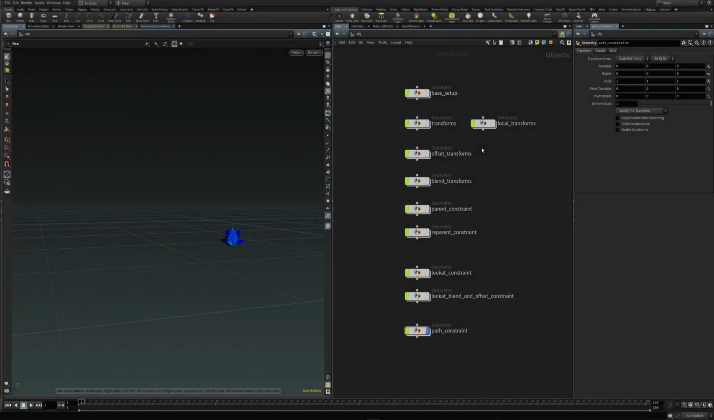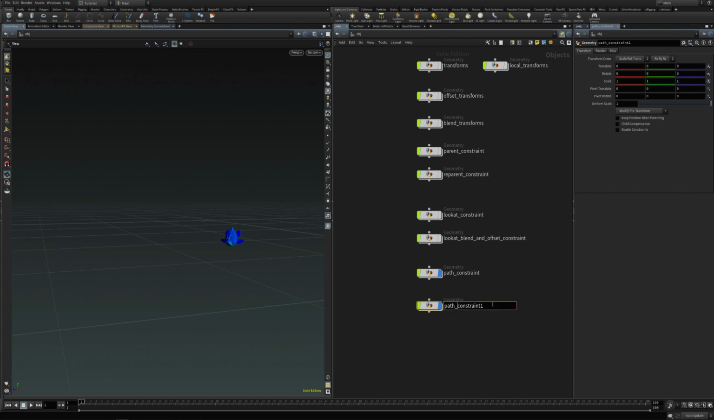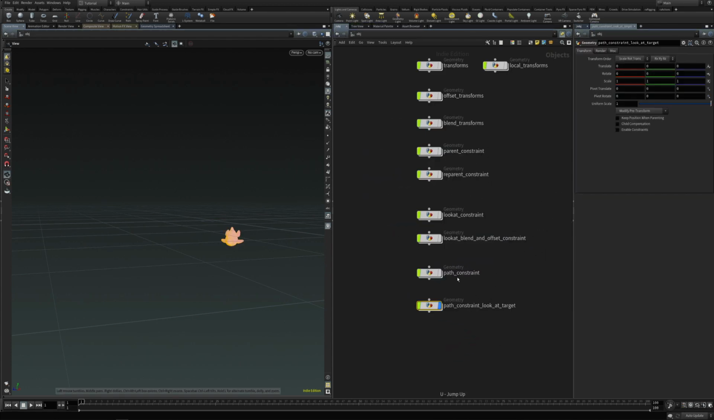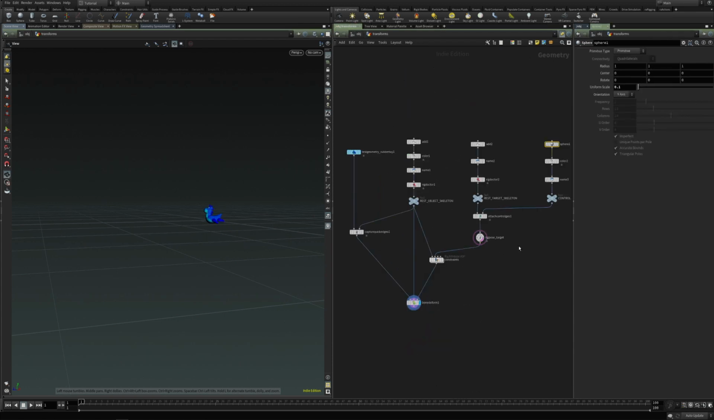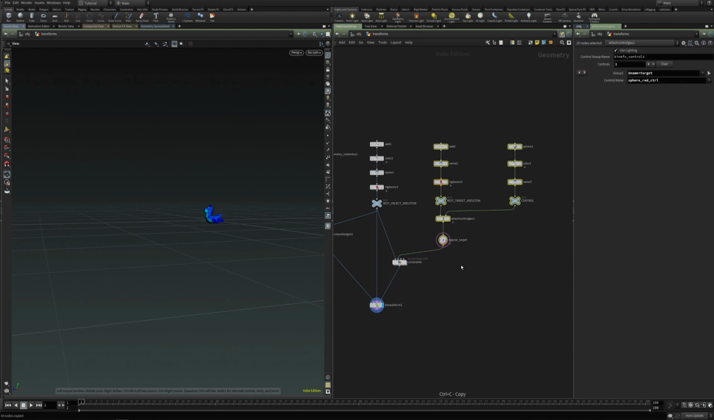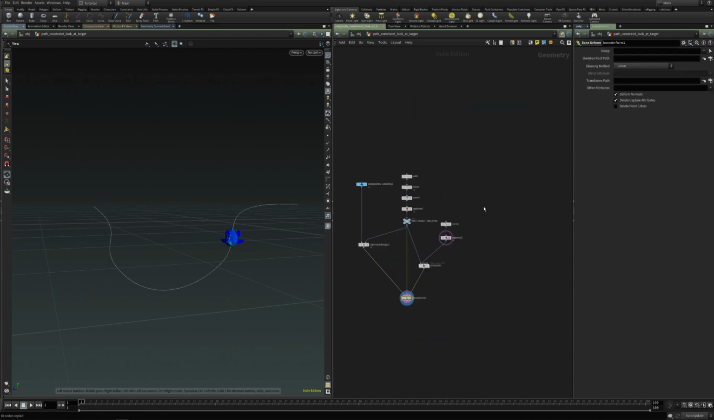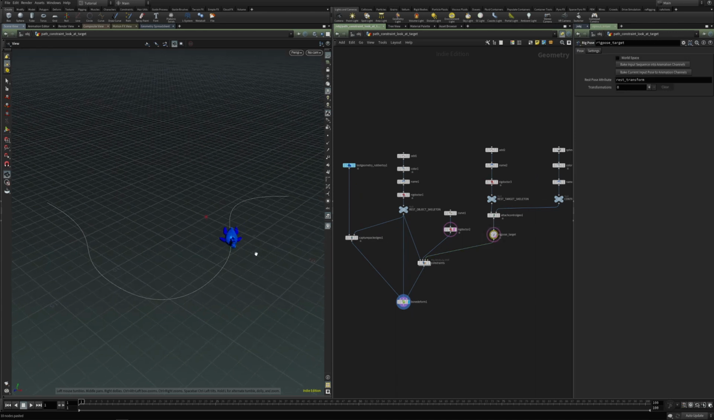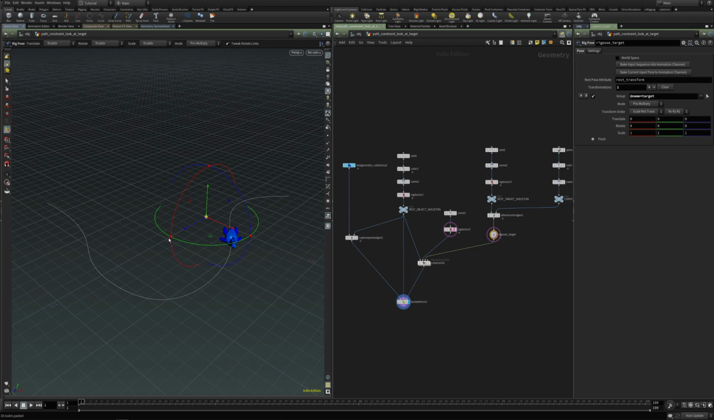Okay, so let's expand a bit on our path constraint. So let's set up a network where we wish to look at a specific target while the object is moving along the path. Let's start by first copying the path constraint object and rename path constraint look at target. And we will also require a target point, and why don't we just copy this type of setup from the transforms object. I'll just paste it here, connect it to the third input of the constraints, and let's move the target point into which we want the object to look at